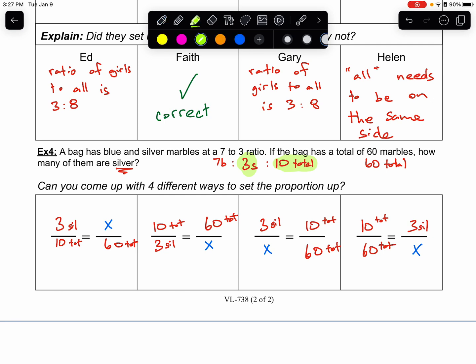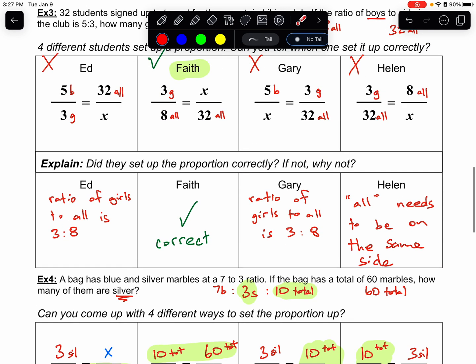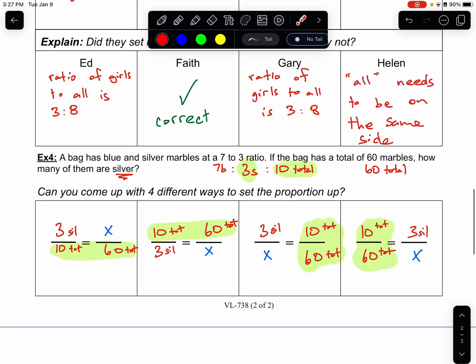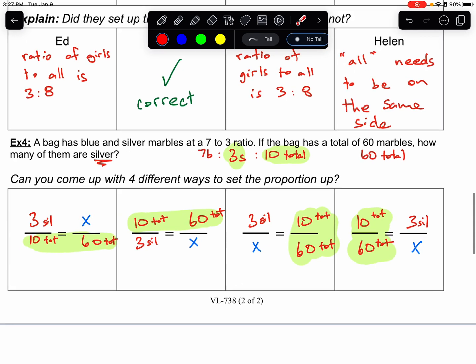And why? How do you know? Well, if you look at this one, 10 total, 60 total, that goes together. Goes together right there. 10 total, 60 total. They're either going to be right next to each other, the same category next to each other, or on top of each other. You're never going to see them diagonal from each other, like, oh, 10 total is up here, and then the 60 total is down there. Like what Helen has, that's just wrong. 8 all in one corner and the 32 all in the other corner. Totally wrong. So you set it up this way. If you set it up in any of these ways, you will get the correct answer once you try to